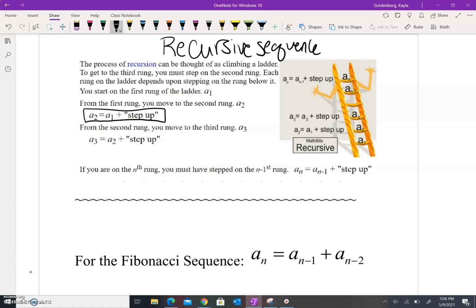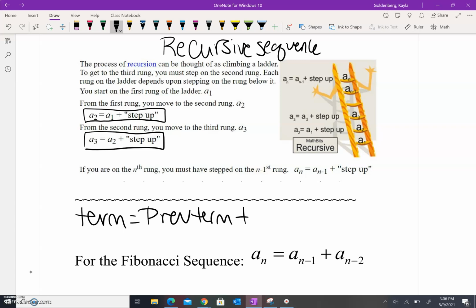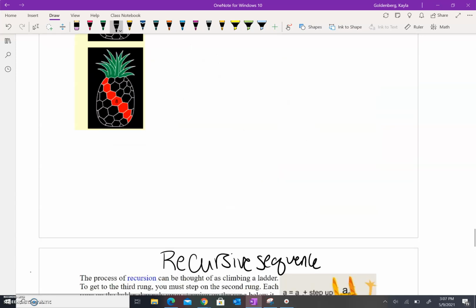Same idea for the third rung, right? You start with the second and do a step up. So this is the idea that like the Fibonacci sequence, a term is the previous term plus 2 terms ago. The last 2 terms get added together. So if you want the 5th term for the Fibonacci sequence, you would have to add the 3rd and the 4th. That's kind of like if we go back here,